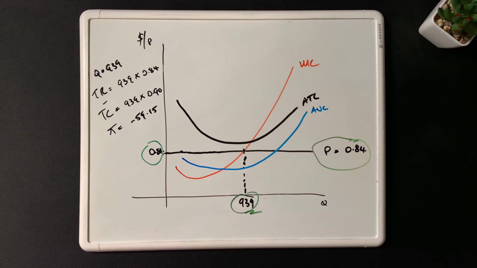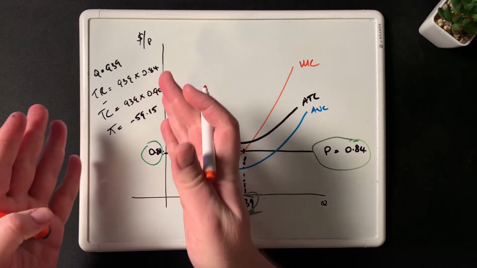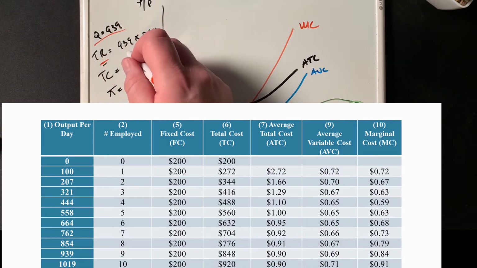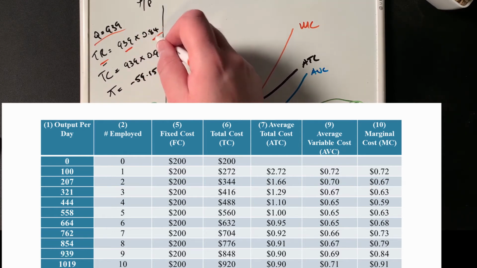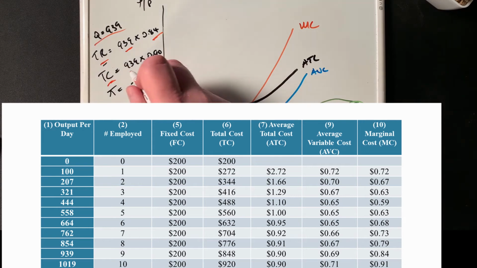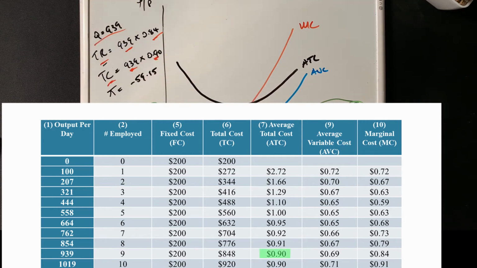We can say that that's the solution to the problem, but we also need to check for profit. And I've already got that profit worked out here on the whiteboard. At an output level of 939, the total revenue of the firm is going to be 939 units times 84 cents, subtracting the total cost, 939 times 90 cents, because the average total cost times the quantity will give you the total cost. Then the profit, if you work out those numbers, will be negative